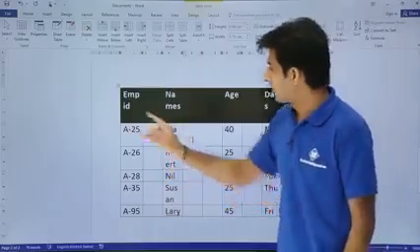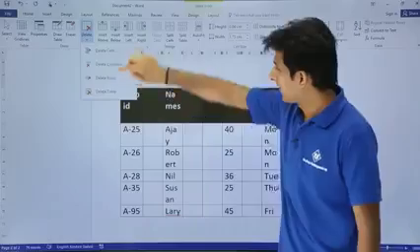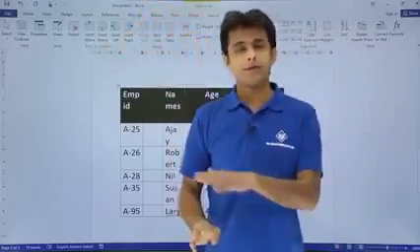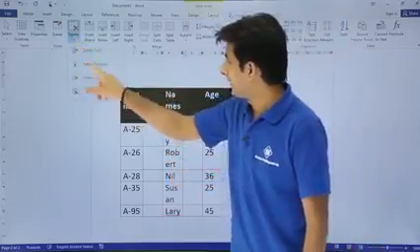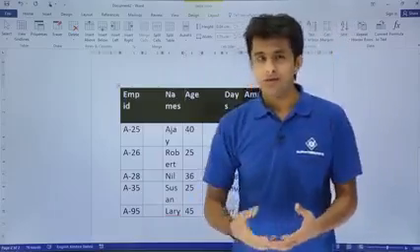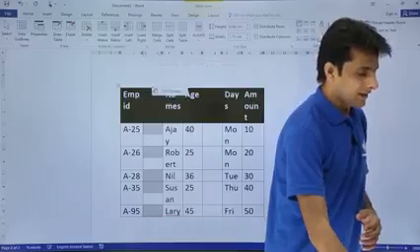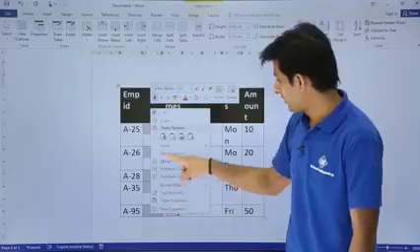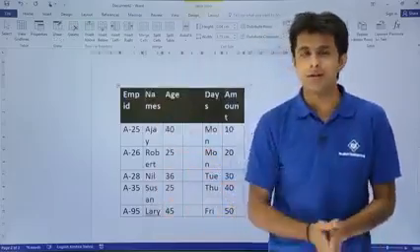The other method, just keep your cursor, go to this delete, and you can select delete columns. So if I click on this delete column, see what will happen. This column where my cursor was got deleted. If I click on this place, select this delete columns, it went back, right? There's one more method. When you have a mouse, you can just select the entire column this way, right click, and you can see cut, or you can see delete columns. One and the same method, you can see delete columns. So this way columns got deleted.